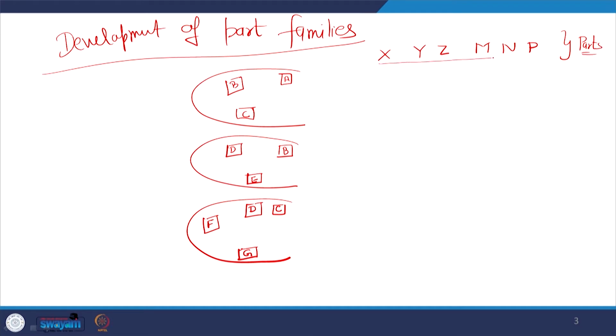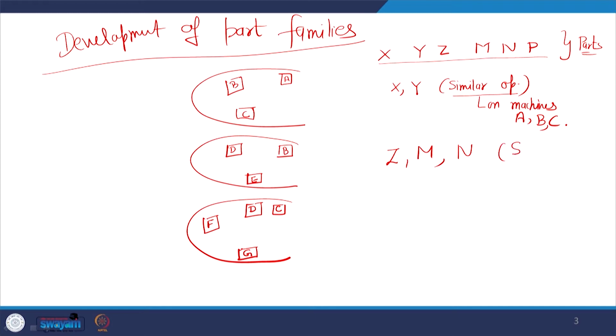Now, out of these X, Y, Z, M, N, P, X and Y require similar operations, and these similar operations can be performed on machines A, B, C. Then Z, M, N require again similar operations, and the machines required for these similar operations are B, D, E. Then another product is P, and the machines required for making P are C, D, F, G.